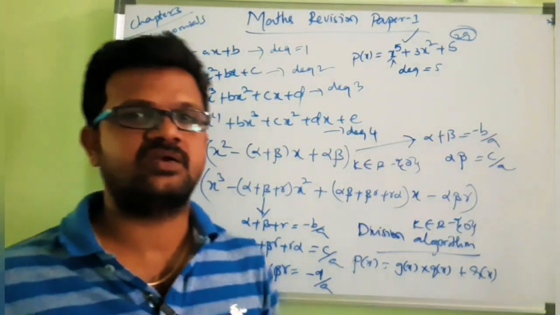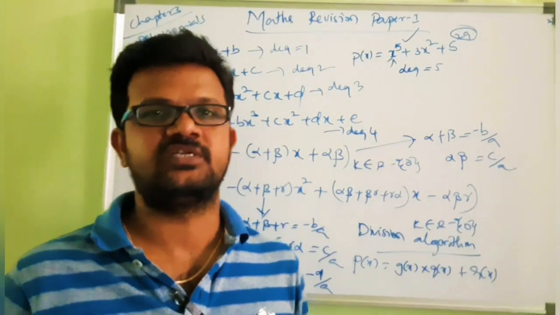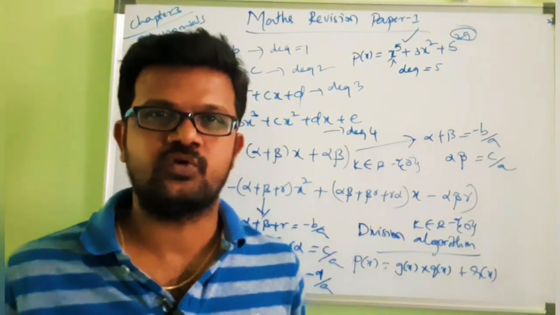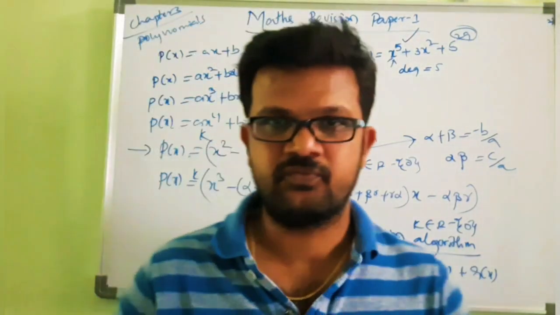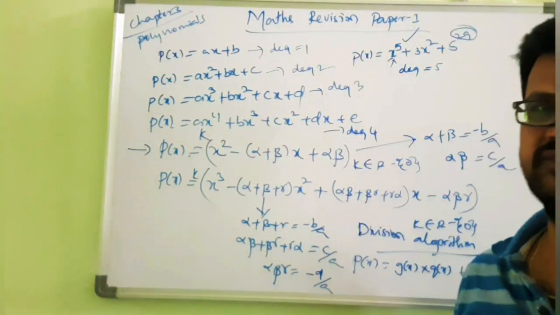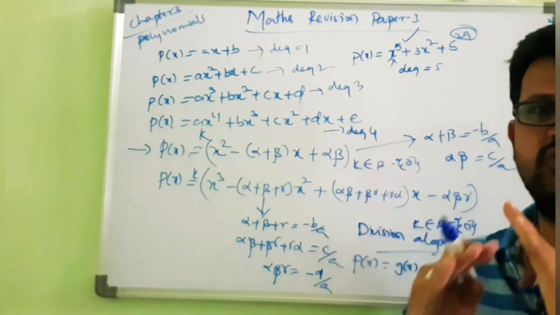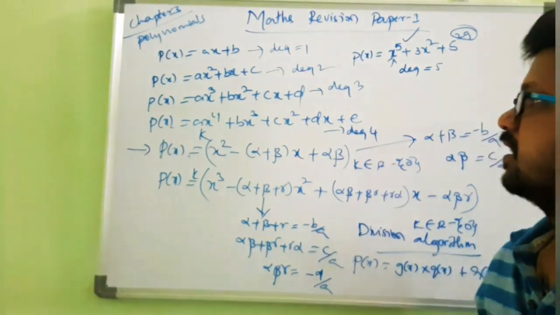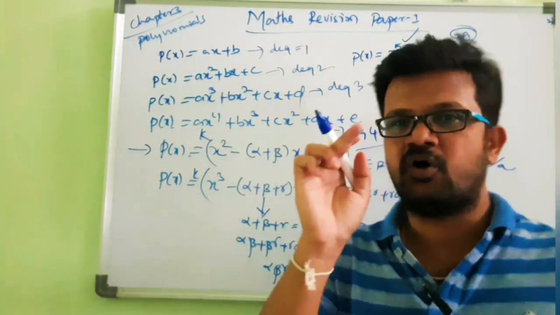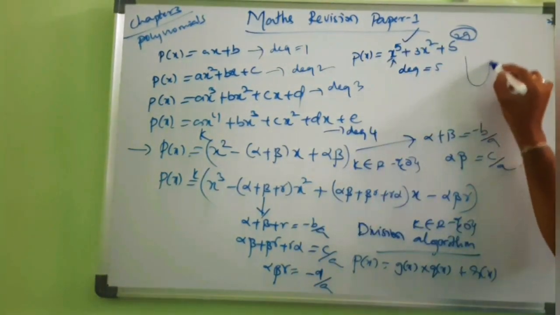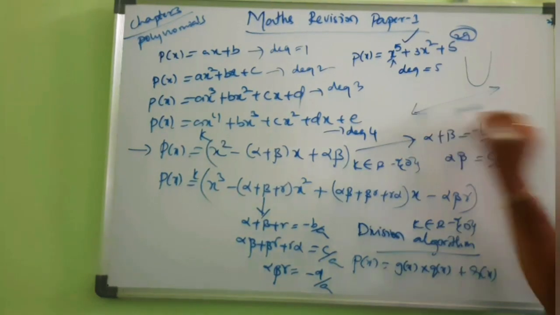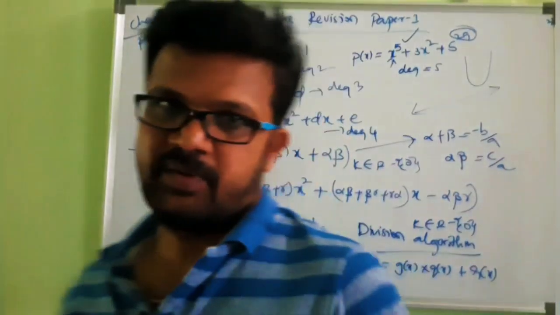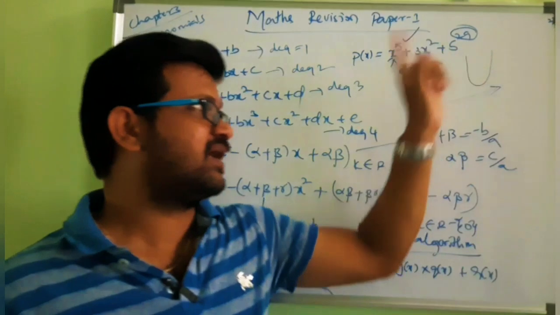In this chapter, a graph is a compulsory question, 100% sure question, 4 marks. Okay, prepare the quadratic polynomials graph. Practice a number of graphs. You have to write the scale, don't forget to write the scale, and the quadratic polynomial graph is a parabola. You have to get a parabola, and the linear polynomial graph is a straight line. Keep that in mind. Okay, prepare this chapter well and practice the graph.